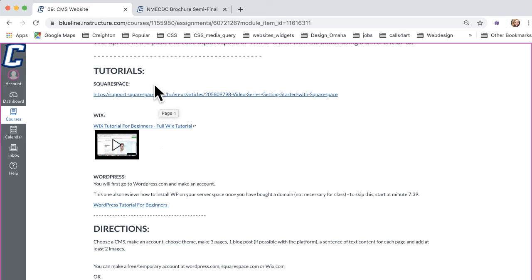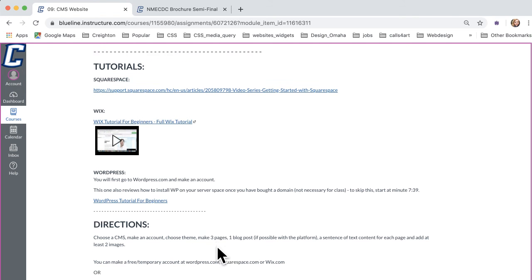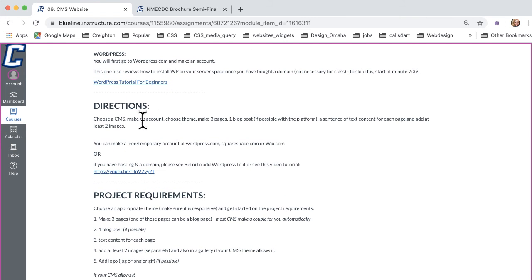So the one thing to note about these is that Squarespace does not let outside people see the pages properly, so you will have to send me screenshots or send me access to the login and password to the site. Wix typically will let people see it. It's not a problem. WordPress typically isn't a problem, but Squarespace always has been. So you'll just choose it.